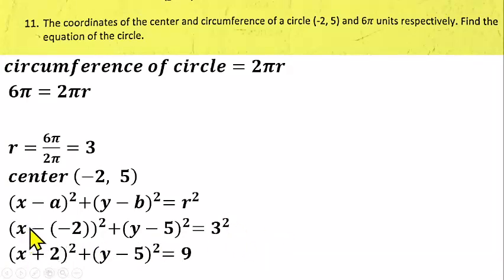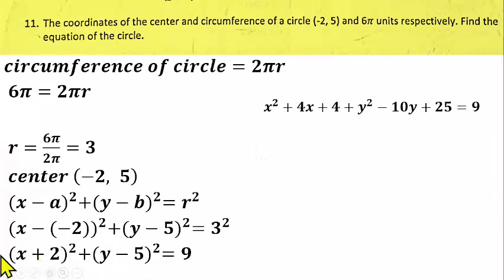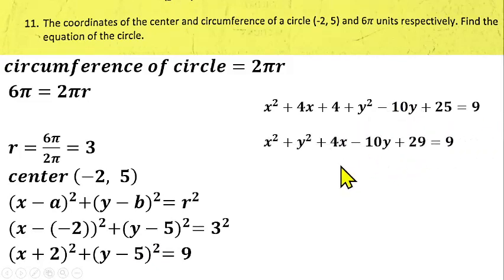Simplify that further, minus times minus will give us plus. Here you have (x plus 2) squared plus (y minus 5) squared equals 9. Then you can now expand each of the brackets. If you expand (x plus 2) squared, you have x squared plus 4x plus 4. If you expand (y minus 5) squared, that gives us y squared minus 10y plus 25 equals 9. Then from there you can take the like terms as well and rearrange. So x squared plus y squared plus 4x minus 10y,